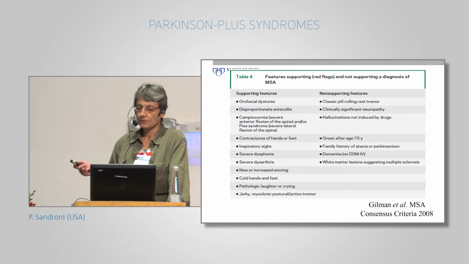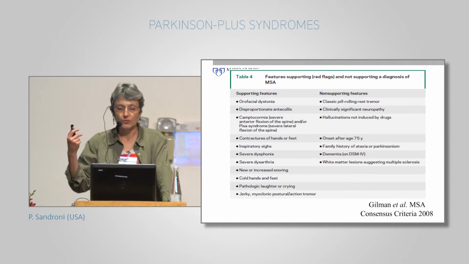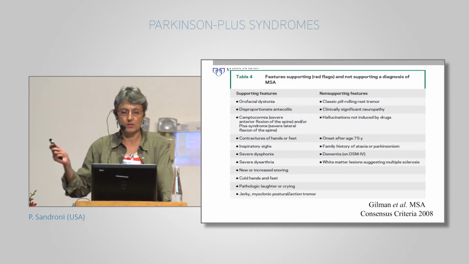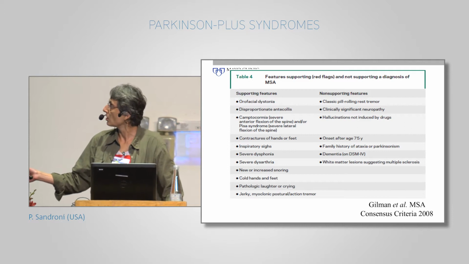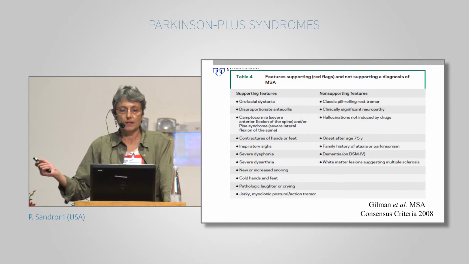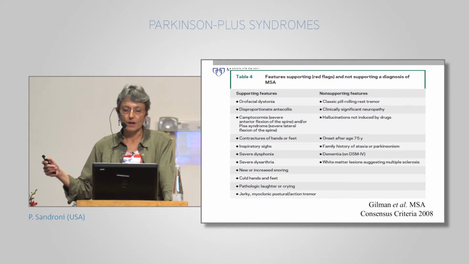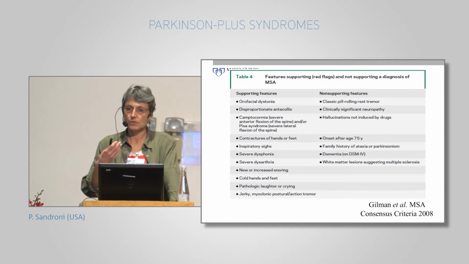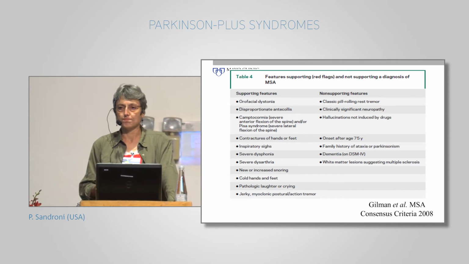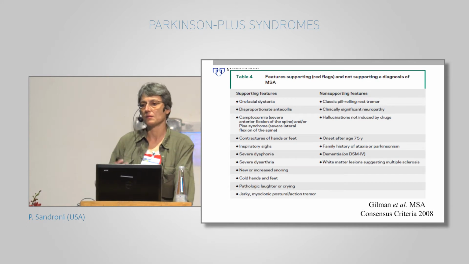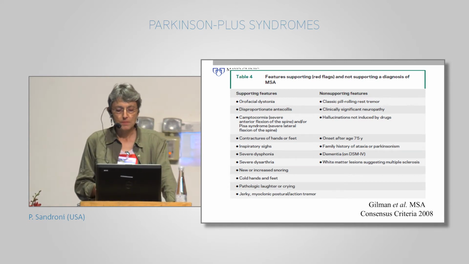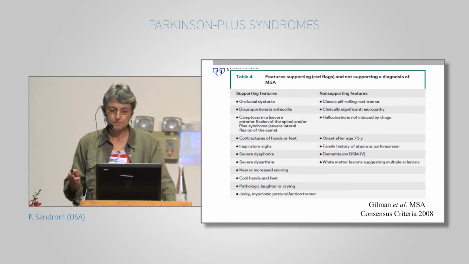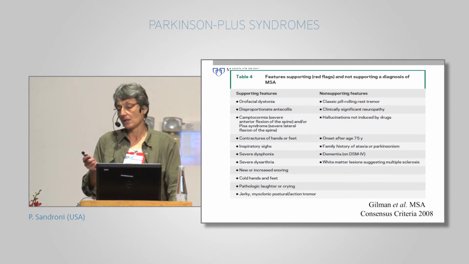There are features that clearly support the diagnosis, so when you find them, you should really raise your antenna and think about multiple system atrophy, such as presence of orofacial dystonia, anterocollis, camptocormia more severe than expected, the Pisa syndrome, contractures, some stridor, or this very characteristic inspiratory sigh that the patient seems to have frequently. They may have dysphonia, dysarthria, again, out of proportion to the degree of motor involvement, cold hands and feet, pseudobulbar